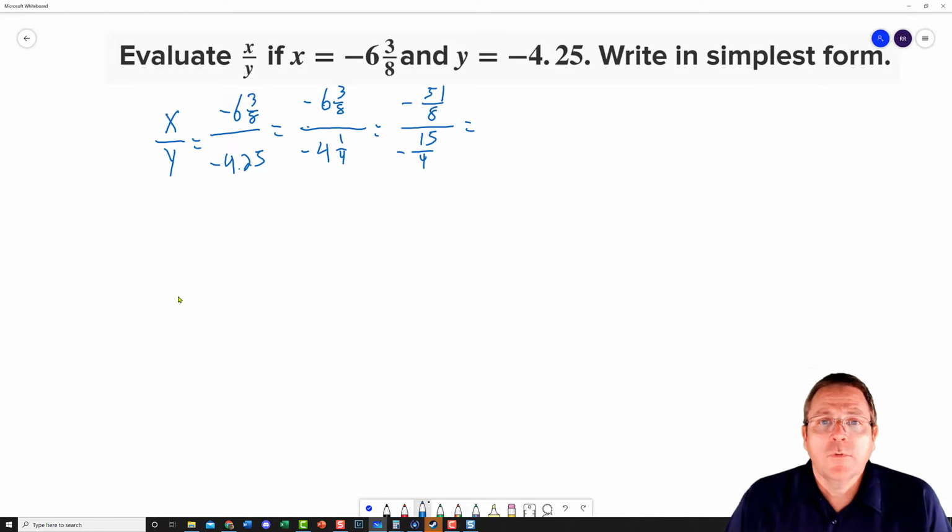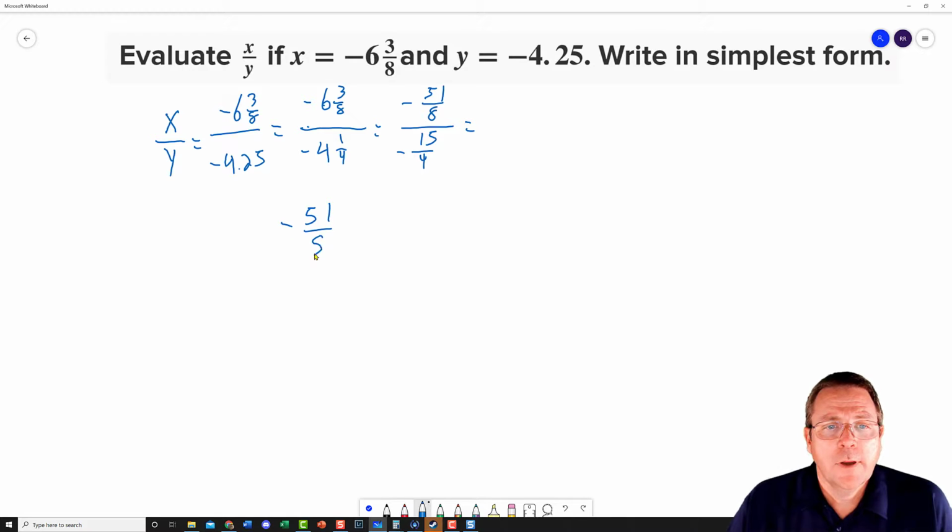And now we're in a position to write it as something that looks a whole lot less scary than this mess. So I'm going to rewrite it using the vinculum, negative 15 over 8 divided by negative 15 over 4. And I think I said 15 here, that's actually 51. Next we're going to keep, change, flip: negative 51 over 8 times a negative 4 over 15 is equal to,